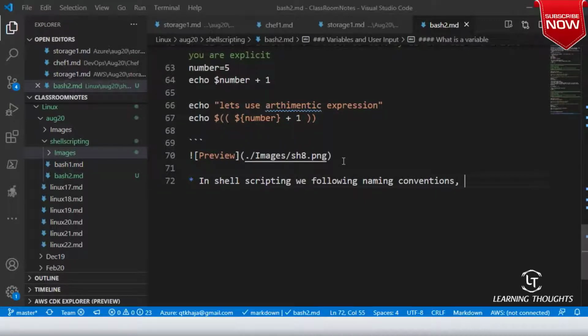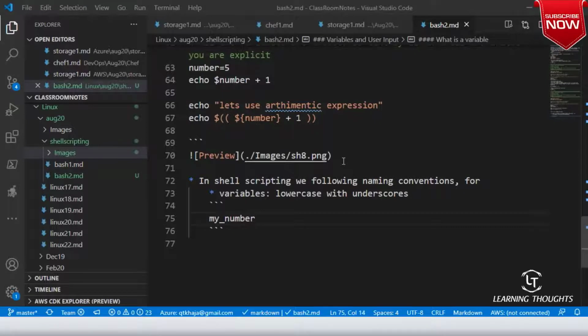For variables, we use lowercase with underscores. So for example, if I want to define a variable called my number, I'll write it as my underscore number equals to 6.